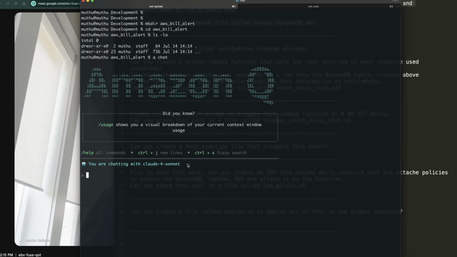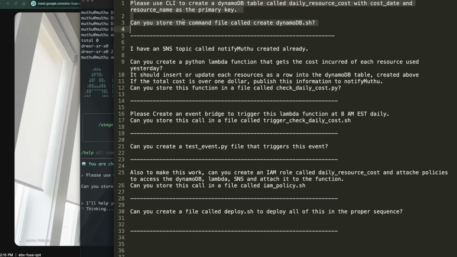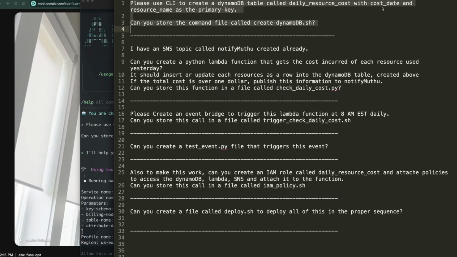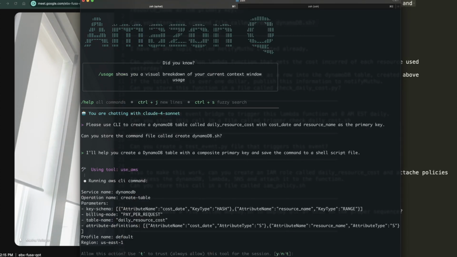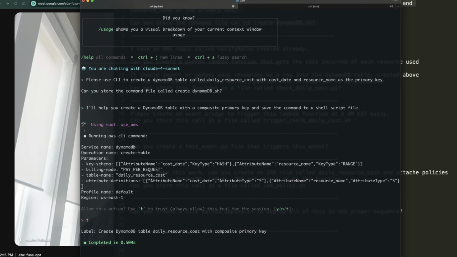So the first prompt I'm going to put is I'm going to get him started and talk through this. Using the CLI, create a DynamoDB table called daily resource cost with the cost date and resource name as a primary key. Can you store this command in a shell script? So he did all that and he's asking me, do I trust him to execute? Let's say I trust him. And while he's thinking about that, the DynamoDB table is created